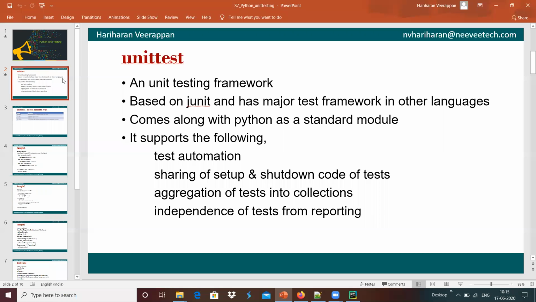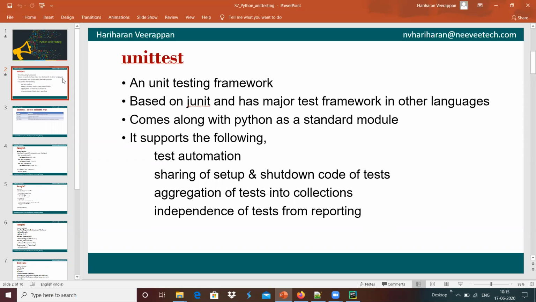And unittest has the flexibility to aggregate multiple test cases into a collection, so that it can perform a variety of test cases accordingly.